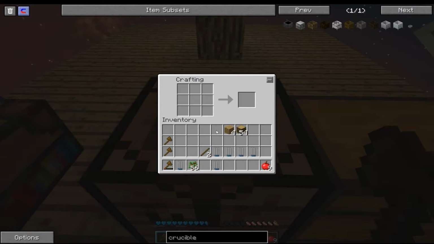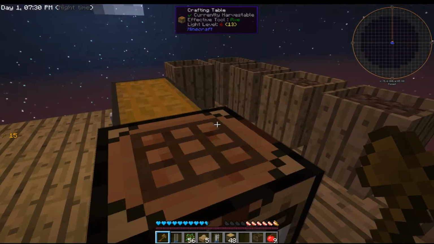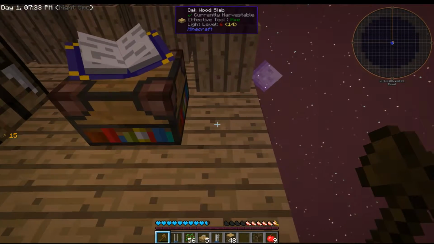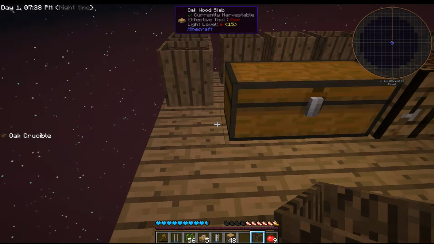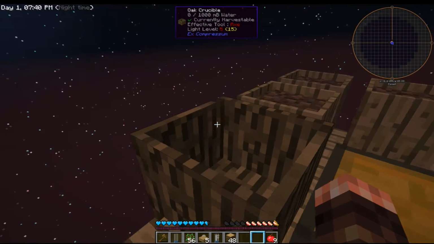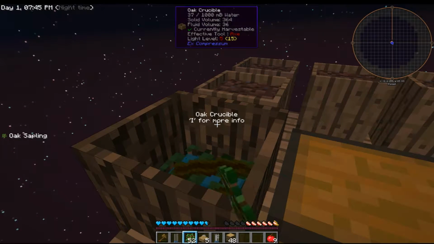That's when you have some slabs. Yeah, so I think we'll just need one of these just now. Oh, that's not a crafting station. Probably just as well. I probably would have forgot that was there. Yeah, let's just dump that in here. Now, this will use up quite a bit. But you can see that you fill this up